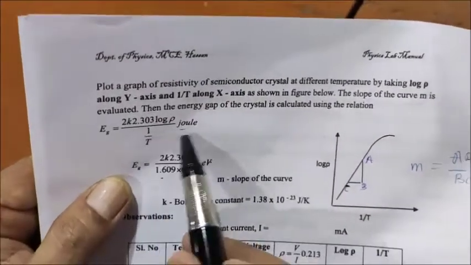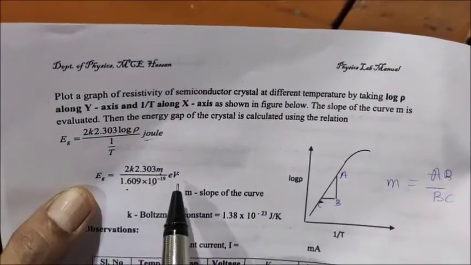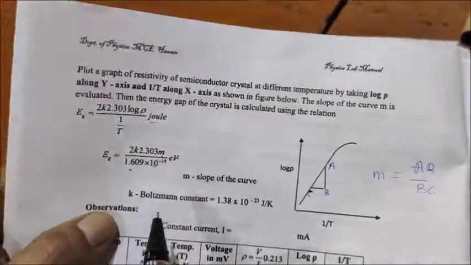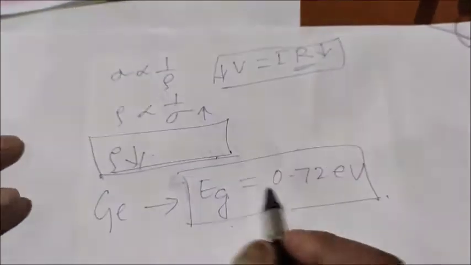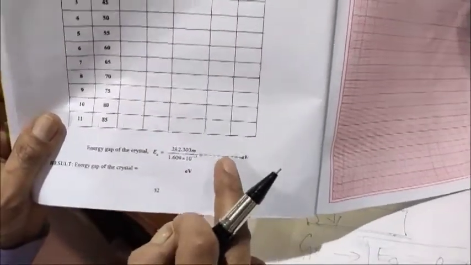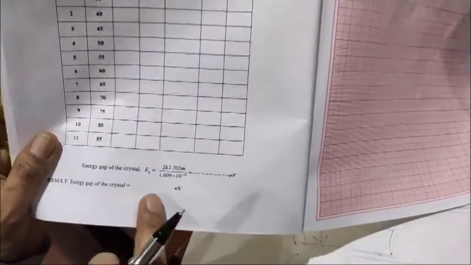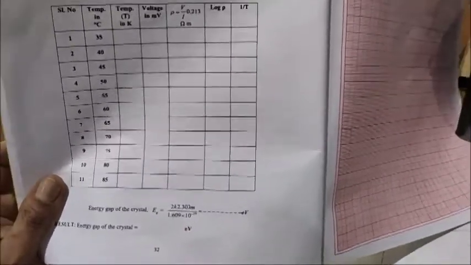By using this equation, you will get the answer in joule. Of course, you have to determine the energy gap of this semiconductor always in electron volt. So you convert the value you got in joule using the charge of the electron, and then you will get the energy gap of the material in electron volt. For this material, the energy gap is around 0.72 electron volt. Okay, and that is the experiment here. By using all the data, you substitute properly and calculate the energy gap. Finally, report your answer: the energy gap of the given crystal, germanium, is something. How much you get is the experimental value. You substitute here in electron volt. Let's solve your experiment.